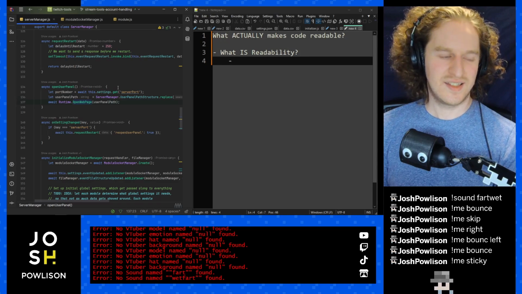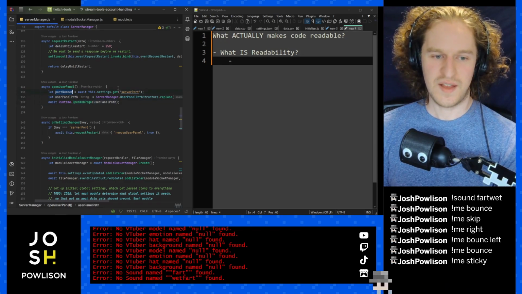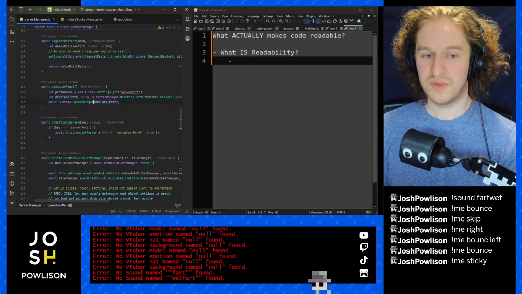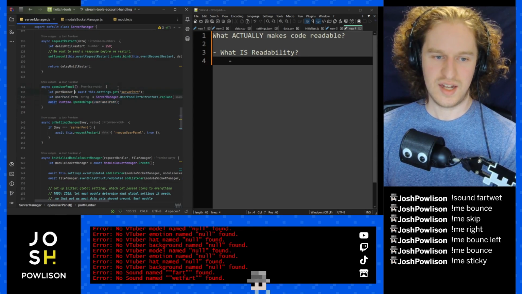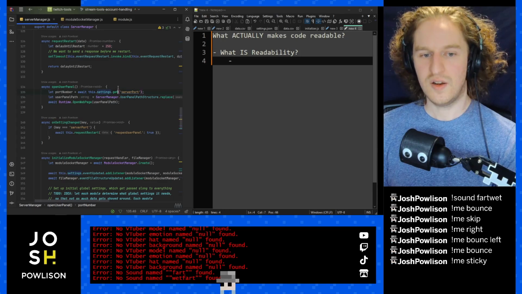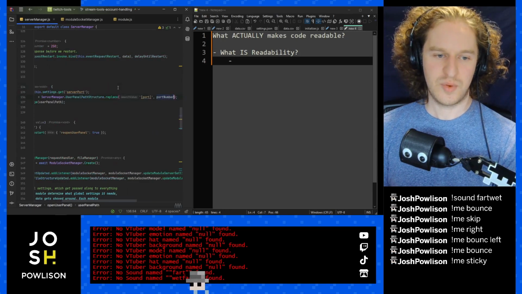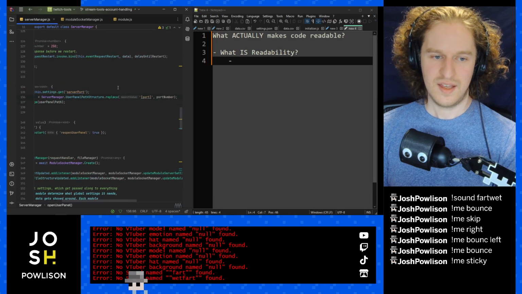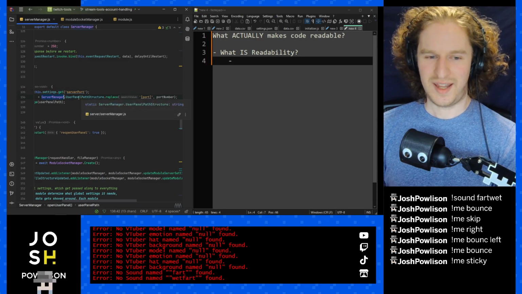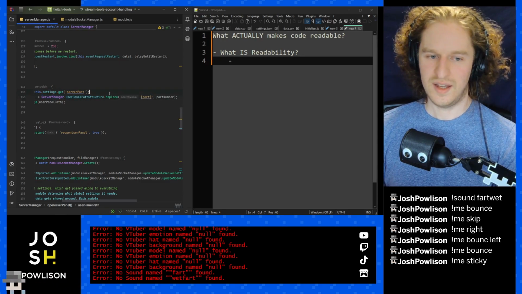The goal is to be able to understand a code project in part or as a whole. You do see that you've got these variables here, port number, user panel path, and then we've got runtime open web page. That's pretty clear what's going on here. It is grabbing a path and it is opening a web page. And if I look at the port number, I can see this variable and then see, oh, okay, I'm getting a setting called server port. And then here, I just don't like that it goes over the edge of the screen. User panel path equals the server manager, user panel path structure replace. This might be the type of thing. Yeah, this is JavaScript. I hate the way that JavaScript works with statics. Anyway,